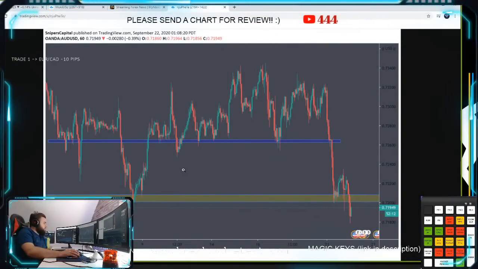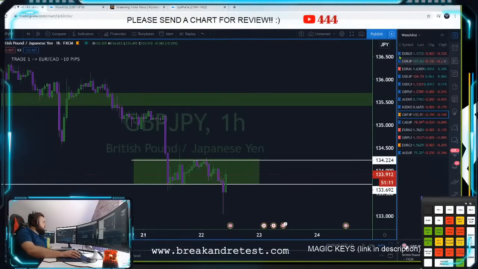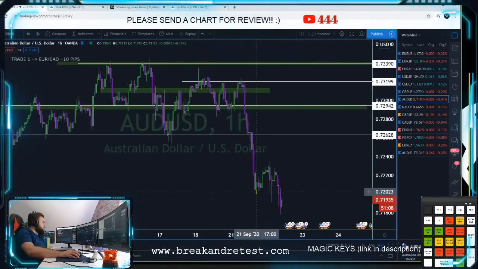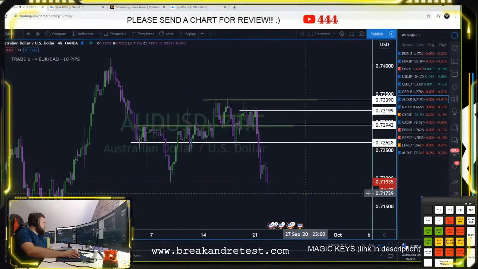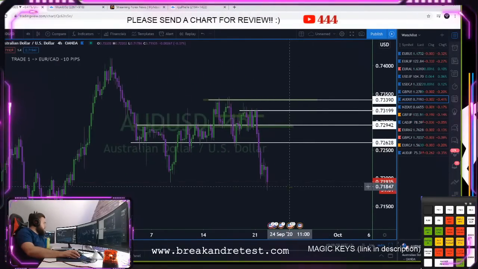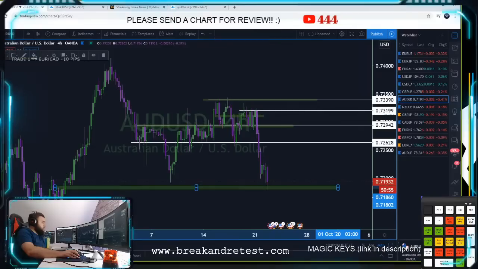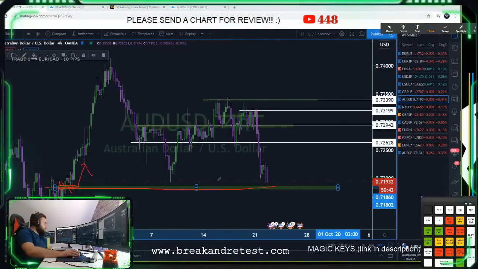Aussie dollar. Let me check the 4 hour on Aussie dollar. I think it's risky. Look at these candles here. See how they did respect the zone after it broke above, made a retest and continuation. So this is also rejecting the same zone. I think it's too risky to take it, even though this is also another zone on the 1 hour, but